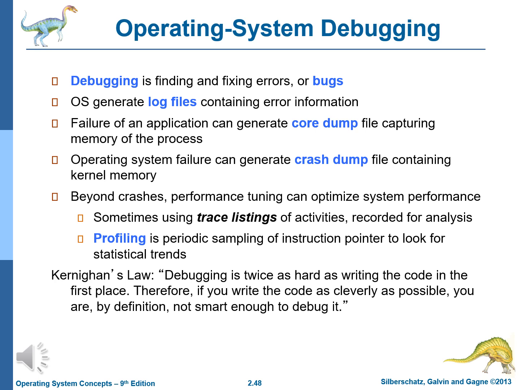Operating system kernel debugging is even more complex because of the size and complexity of the kernel, its control of the hardware, and the lack of user-level debugging tools. A failure in the kernel is called a crash. When a crash occurs, error information is saved to a log file and the memory state is saved to a crash dump. Operating system debugging and process debugging frequently use different tools and techniques due to the very different nature